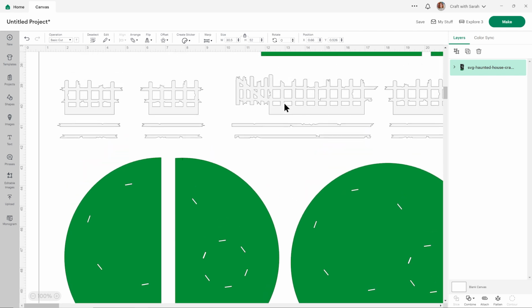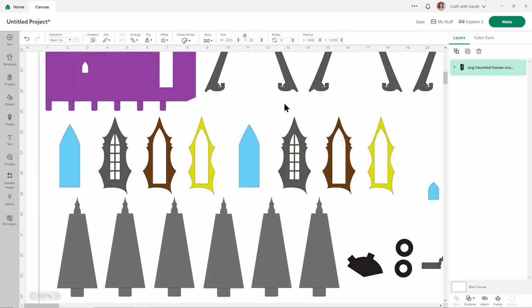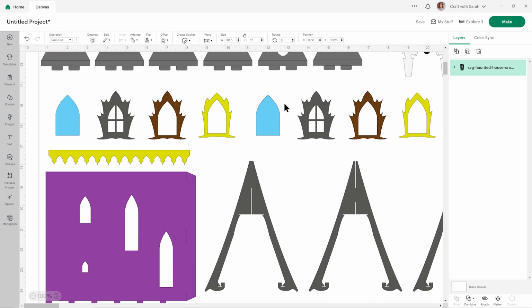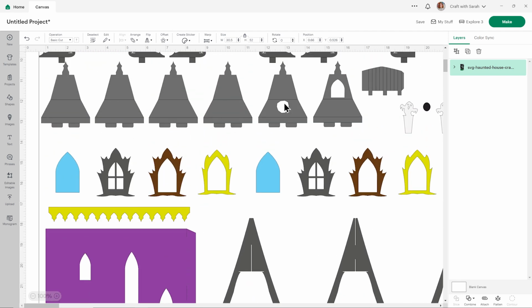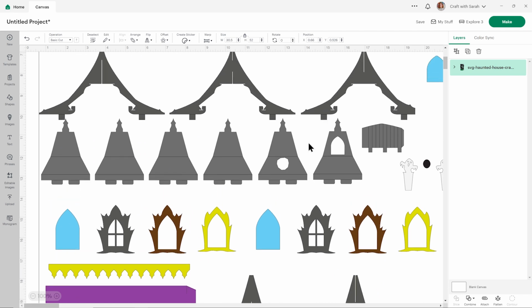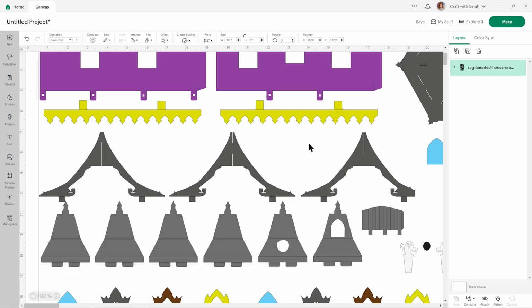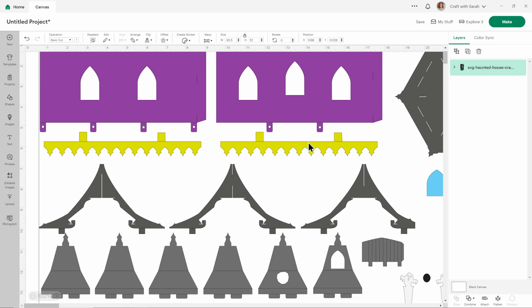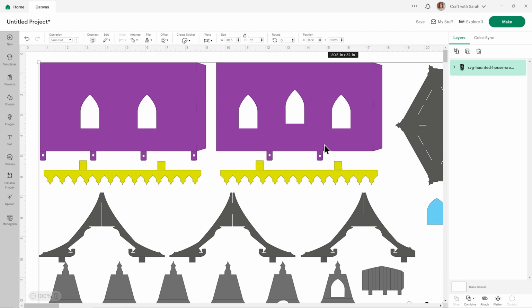Now, one thing I just want to say before I get started on this is I've changed this file a little bit from the time I recorded to the time that you actually will get the file. So I just want to point out the things that are going to look different on my screen than your screen so you don't get confused. The file should load in at 30.5 inches wide and 52 inches tall, but I will show you how to resize it to match the base that you'll be using in a little while.